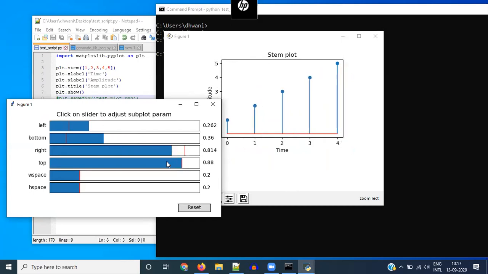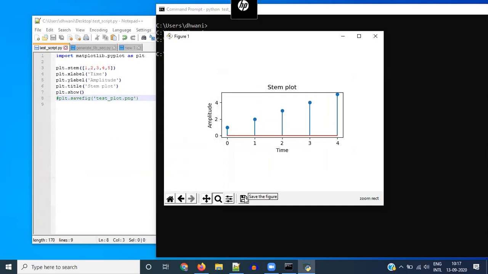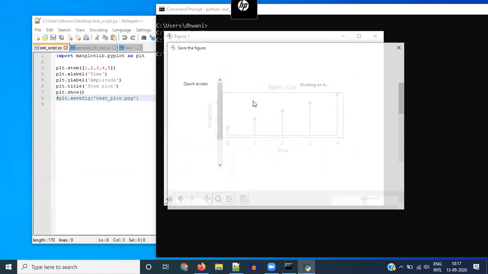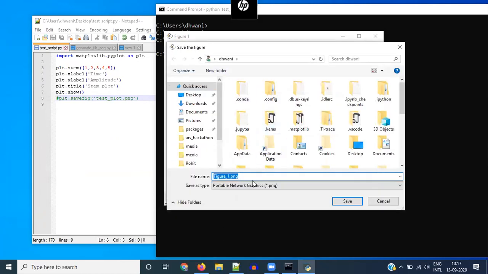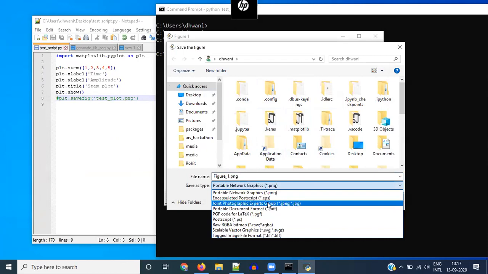And when you're satisfied, you can click on the save figure symbol. And it's just like saving any other file. You would just give the file name and then choose the path where you want to save it and just click save. But the nice thing here is there are a number of file types available.